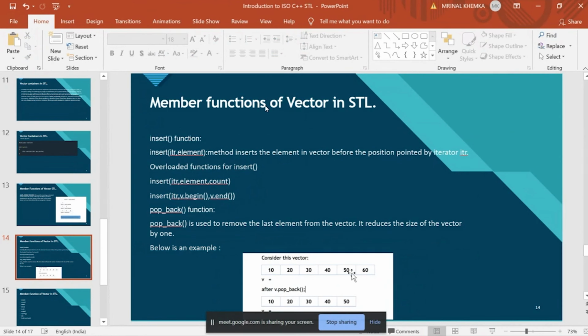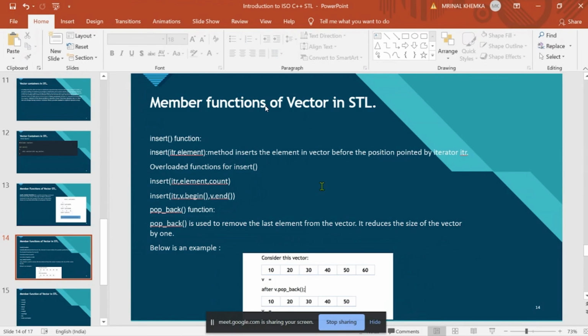Here we are popping the value from the back. After popping, the values that remain inside the vector are 10, 20, 30, 40, and then 50, as we have popped the last value. So this is how the pop back function inside a vector works.